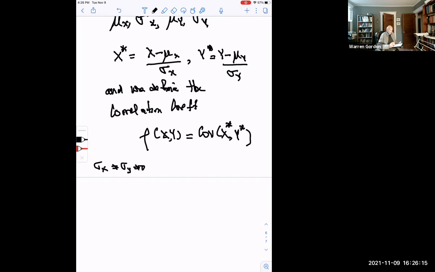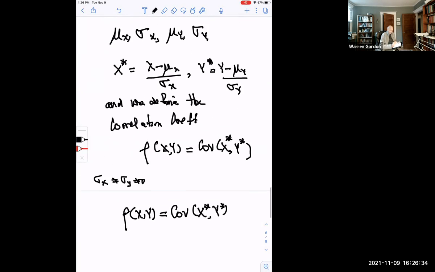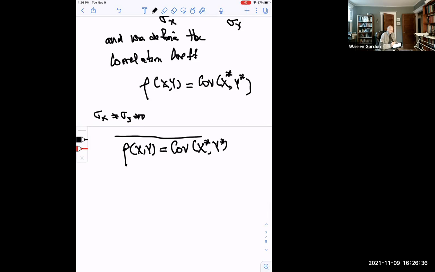So this is not the usual definition that one sees for the correlation coefficient. So let's get the usual definition. So this is our definition. So now let's